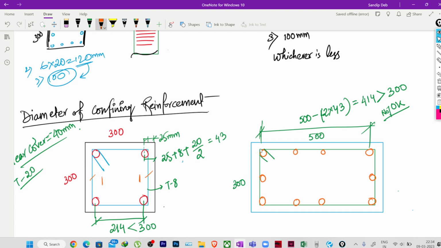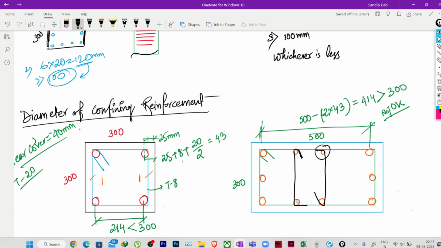So what you have to do, suppose these are higher dia bars, so in between you just have to provide the minimum reinforcement dia, maybe 12 mm dia, and you have to provide a link like this, transverse reinforcement like this. Okay, so in that case, I have provided a 90-degree bend, and another one is a 135-degree bend. If you're providing like this, then what you have to do,